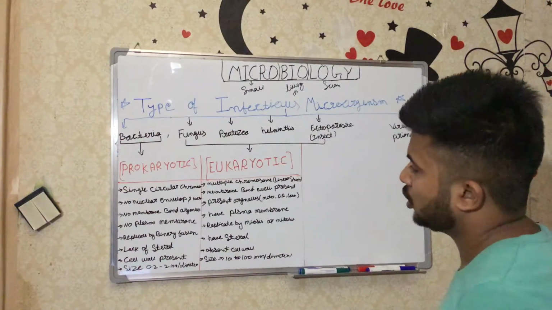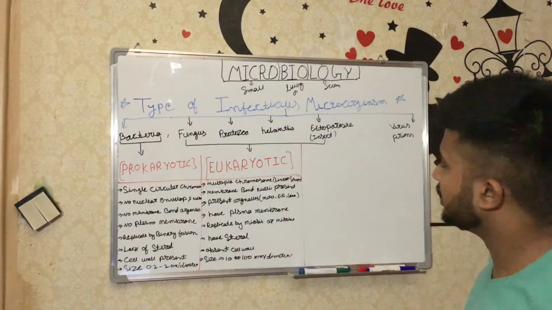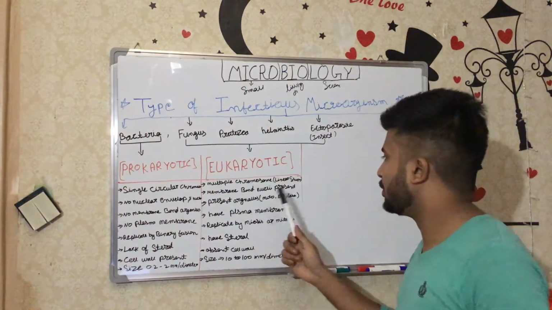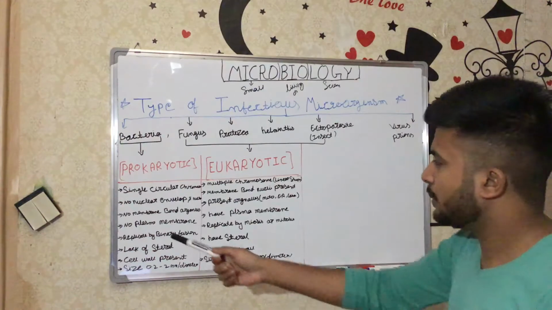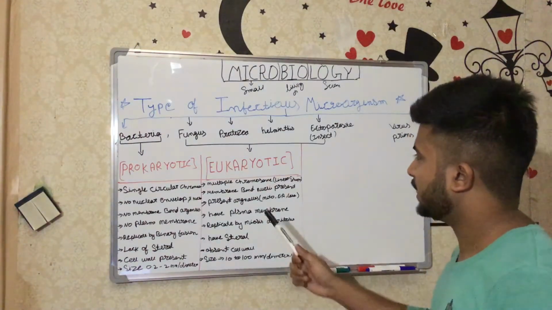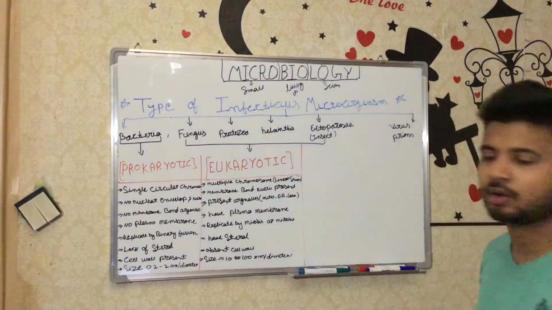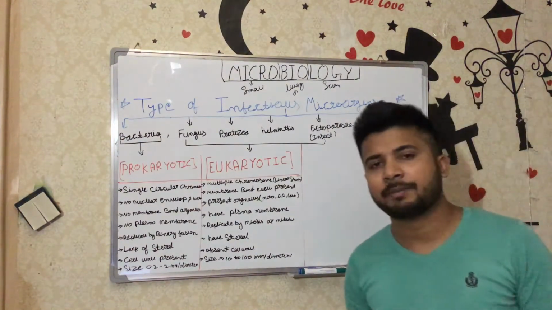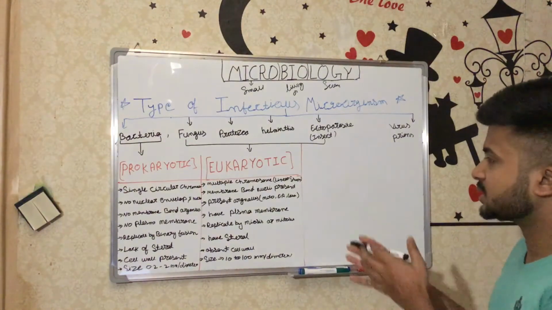Next difference: there is no nuclear envelope and nucleolus in the prokaryotic cell, but in a eukaryotic cell there are membrane-bound nuclei, and the nucleolus is also inside the nucleus. Prokaryotes have no membrane-bound organelles, but eukaryotic cells have organelles. Organelles mean mitochondria, endoplasmic reticulum, Golgi apparatus, endosomes, and lysosomes, but these organelles are not present in